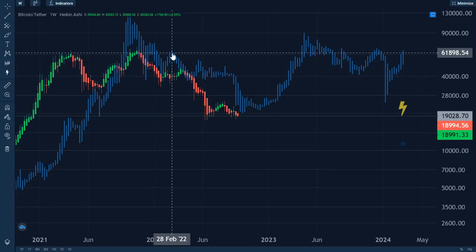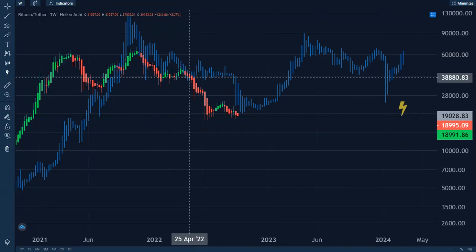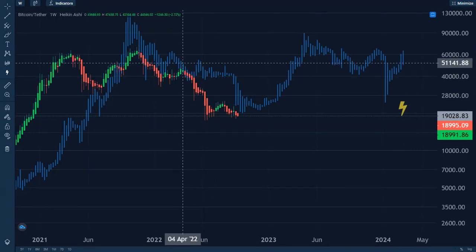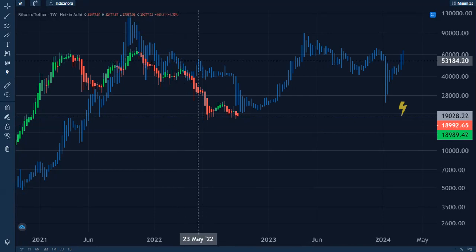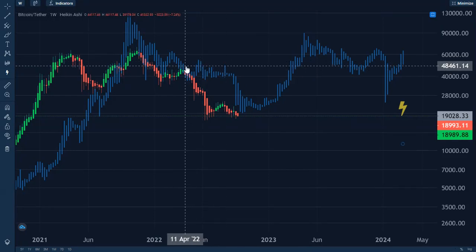Our previous cycle had this same kick up in time frame, and I want to point out our last topping area for our current market. And here we are with this previous cycle. We had our last topping area. Like, it didn't get above this. Look, it tried and it couldn't, showing extreme weakness.